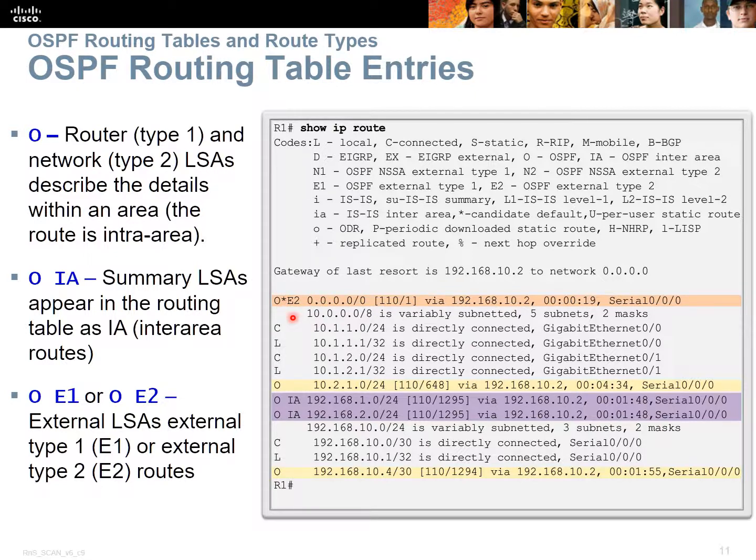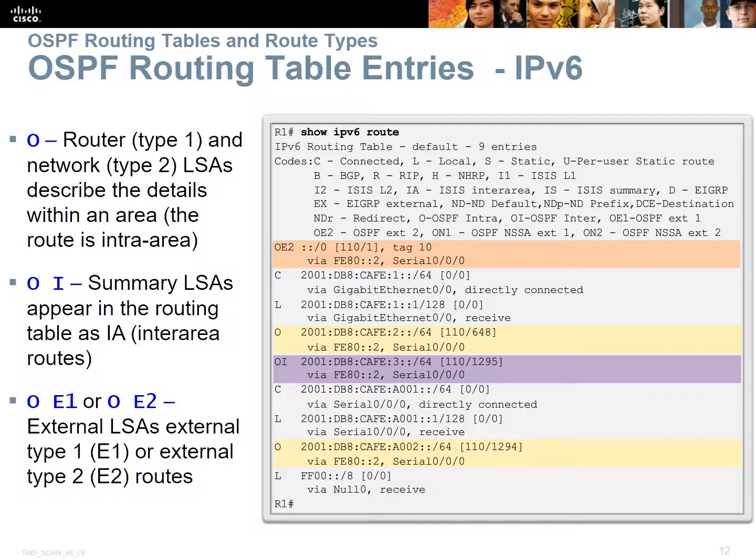It's got an E2 and it's got a little asterisk. So this will be a static route that's been redistributed into OSPF. So it's external to the OSPF process, and it's got the asterisk, and the asterisk represents our default route. So O, same area as you. IA, different area, but still pure OSPF. E,